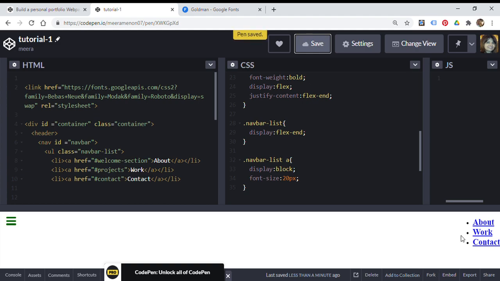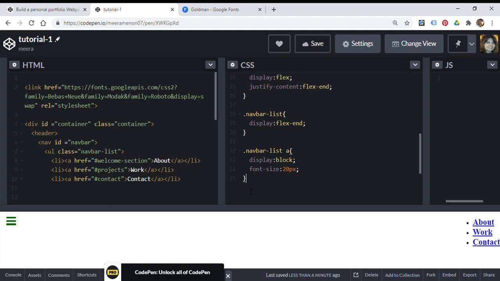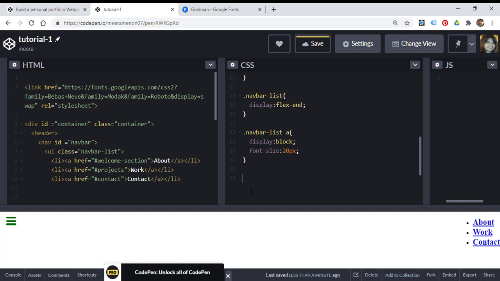You can see it growing here on the left side. Okay, now we want to get rid of all those marks, lines, bullets. Right. So we are almost near the finishing line. Okay, now I want to do a bit of hover. Dot navbar list A hover.